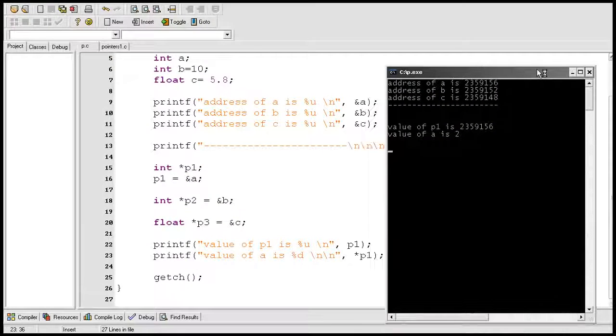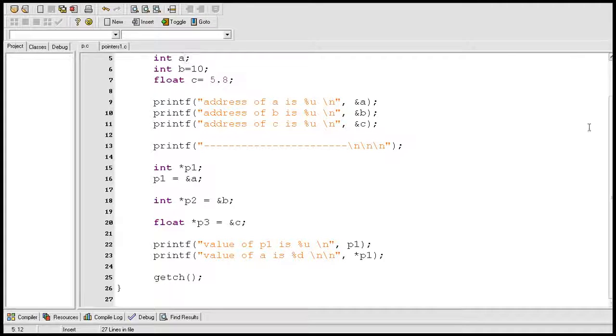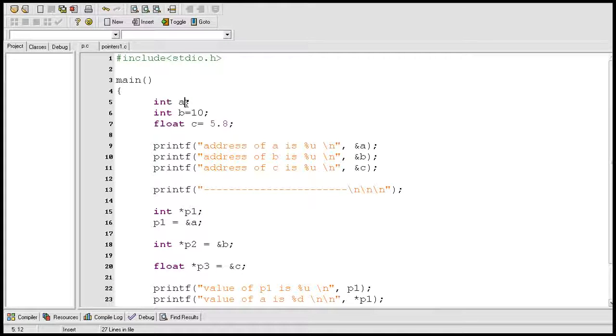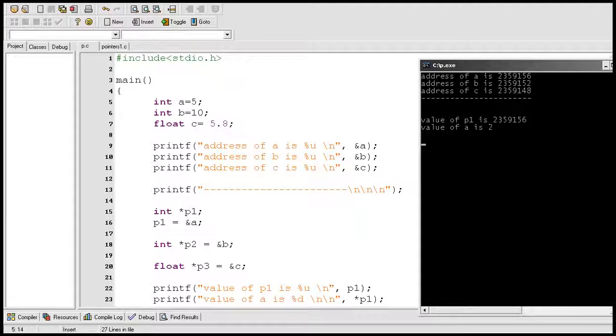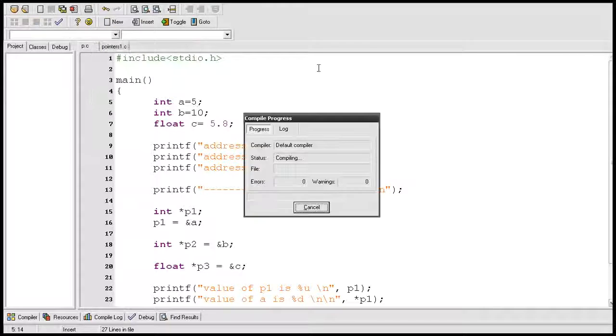The value of a is 2. Now in this program I have not given a any value, so it's printing the garbage value. This 2 is a garbage value. If I go ahead and initialize this variable a to 5 and then run this program, then it prints the value of